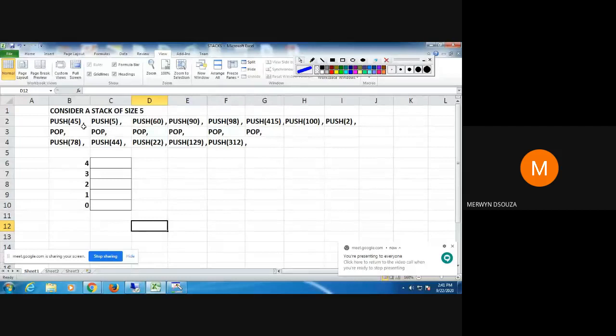So let's just take this example. You can write down in your notebooks. Consider a stack of size 5. Perform the following operations on the stack.